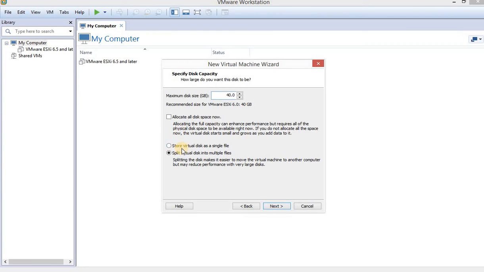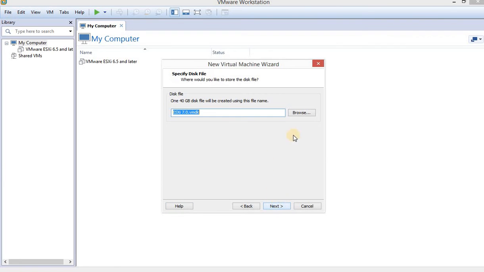If you wish, store it as a single disk file, or select where you would like to store the disk file. If you require, you can copy and paste it and open this VM anywhere in VMDK format.